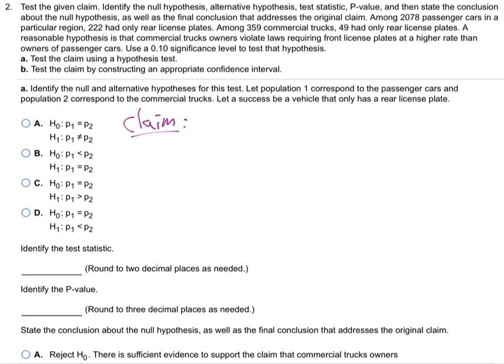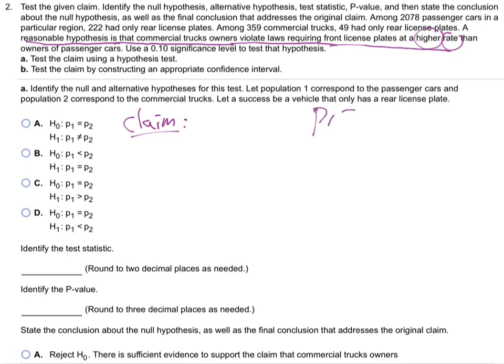I just can't find the word claim. Do you see the word claim? A reasonable hypothesis. Okay, I guess we're going with that. Is the commercial truck owners violate laws at a higher rate? Yeah. So the claim is,